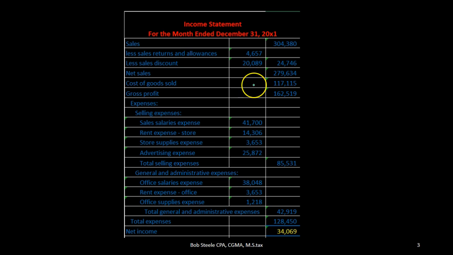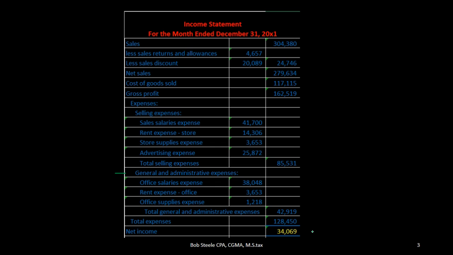We may then subtract out the cost of goods sold, that being our most important expense, to come to gross profit, before we have our other operating expenses, which generally include selling expenses, the cost related to the selling of the inventory, as well as the general and administrative expenses. So we're categorizing down here the general administrative expenses to get to the bottom line of net income, in